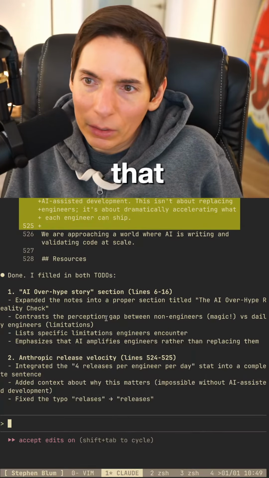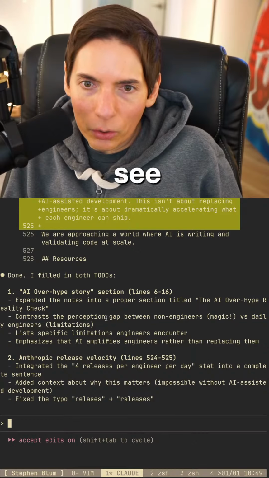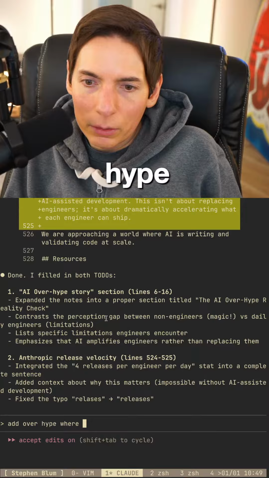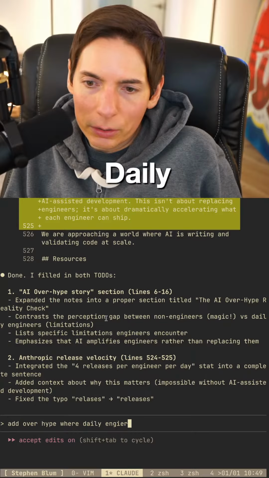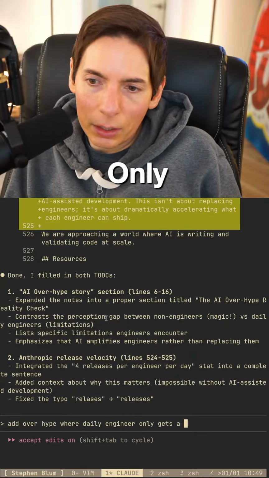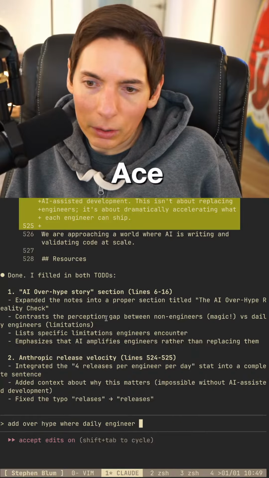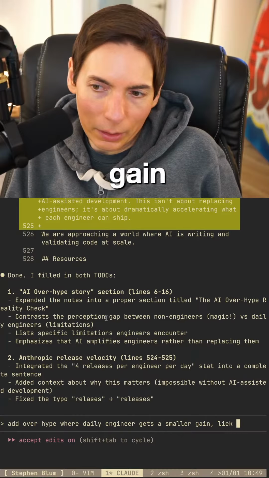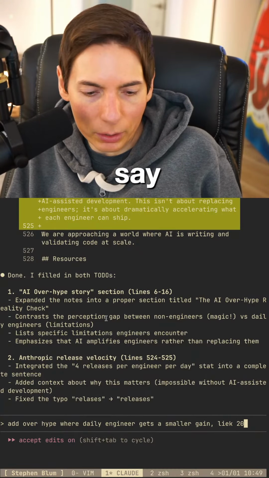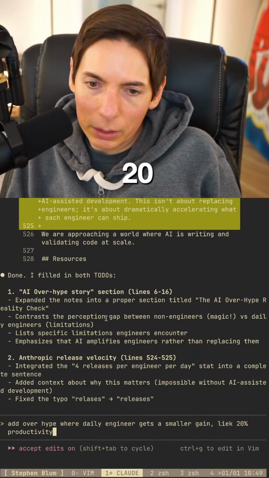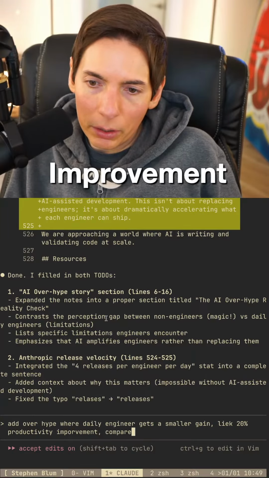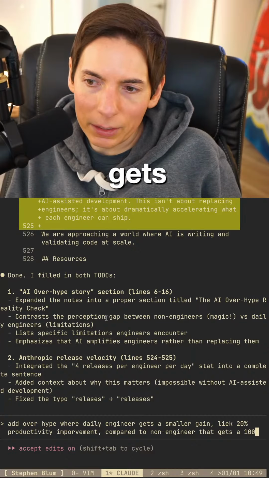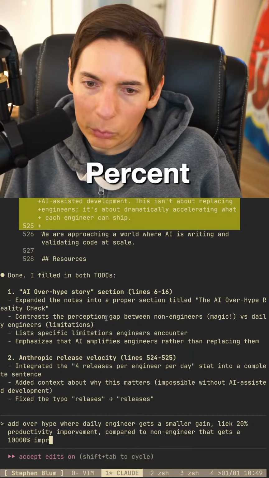Let me see. Let's see. Overhype. Add to overhype where the daily engineer only gets a smaller gain, like, let's just say 20% activity improvement, compared to the non-engineer who gets like a 10,000% improvement.